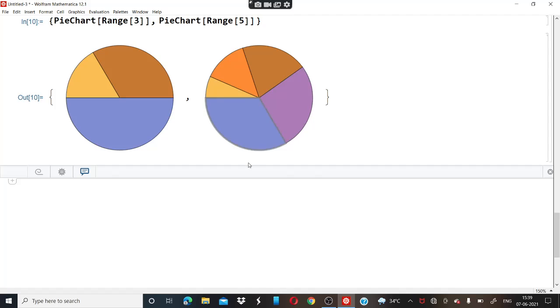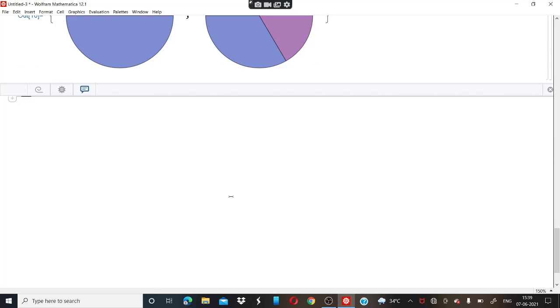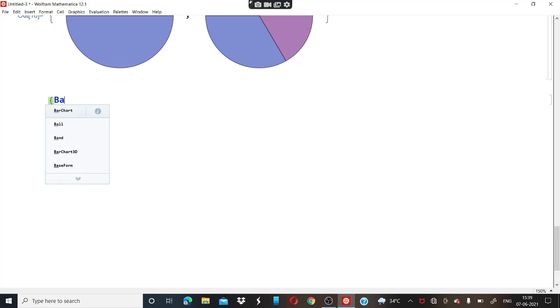Now if you have more than one bar graph, how are you going to plot those bar graphs? Let's discuss. For that we first use a middle bracket, because we want these graphs inside the brackets, as we have done in the case of pie chart. So here we are going to use bar chart, then use a middle bracket, then write 1 comma 1 comma 4 comma 2, then close this bracket, then use a comma,